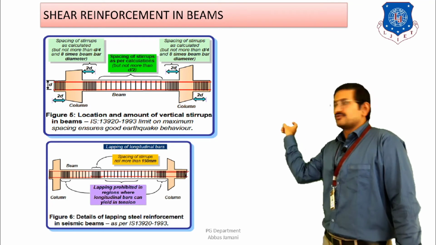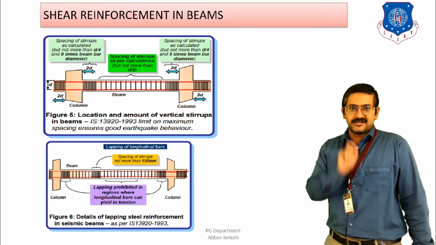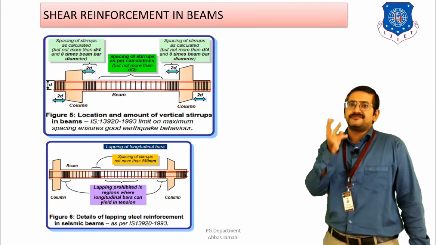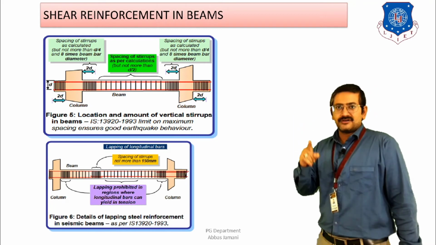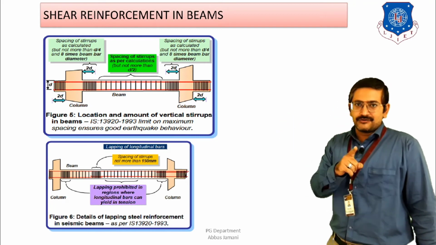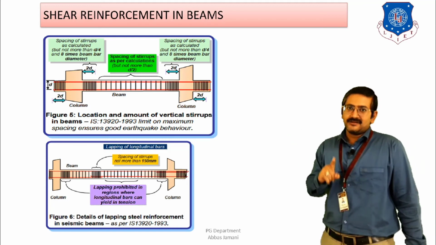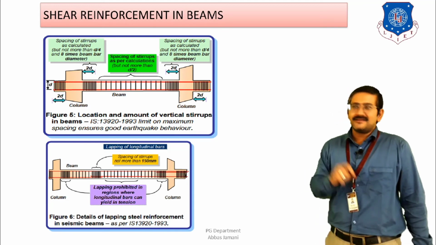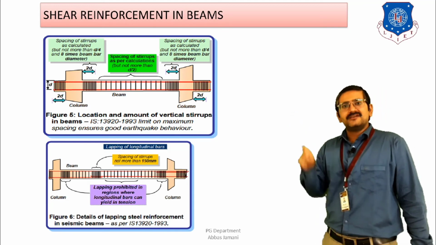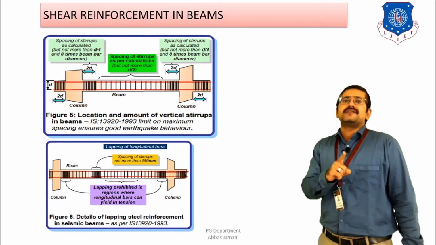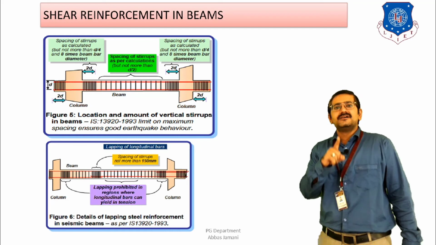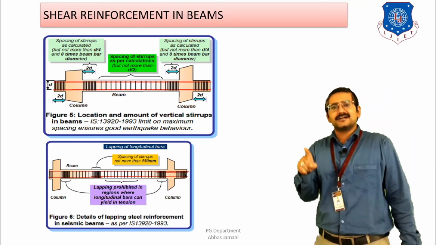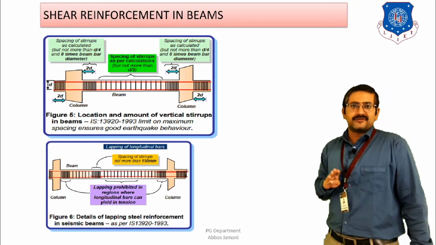That is, for a distance of 2d from the face of the column, these closed stirrups are to be provided, and in this range of 2d, the spacing of the stirrups has to be the minimum of 3 criteria. The first criteria is d by 4, second criteria is 8 times the diameter of the longitudinal bar, and third criteria is 100 mm. And in case of longitudinal bar, the diameter of the smallest longitudinal bar should be considered, right? And when I am talking about d, whether it is 2d or d by 4, in both cases the effective depth of the beam is to be considered, that is the depth of the beam calculated after subtracting the cover, right? So that is how the stirrups are to be provided near the support.